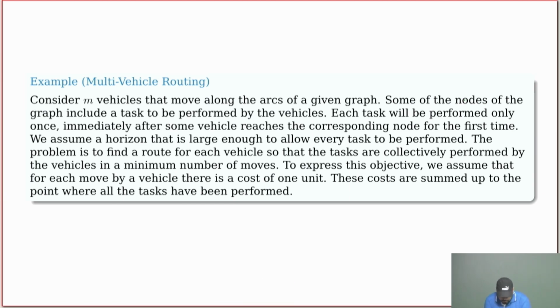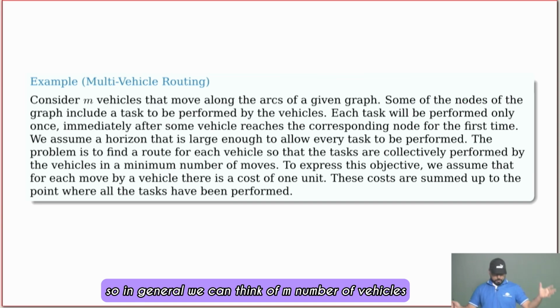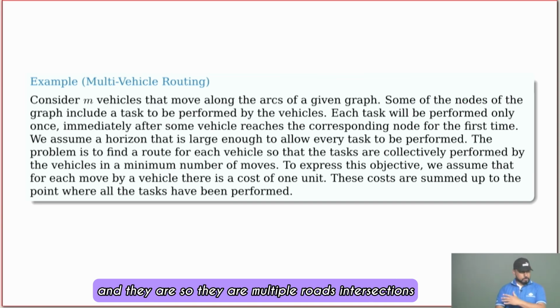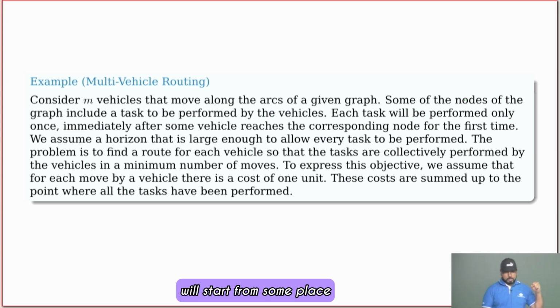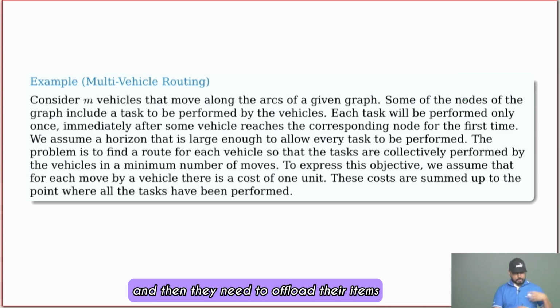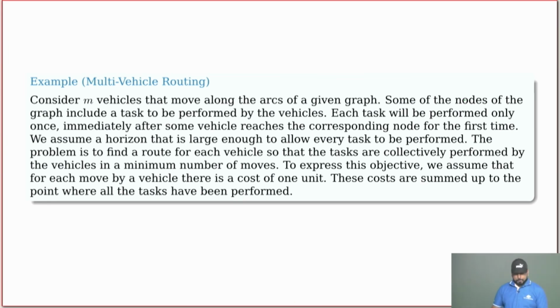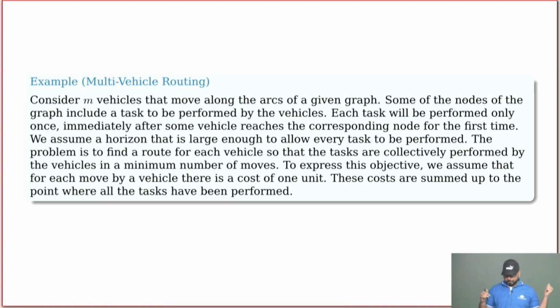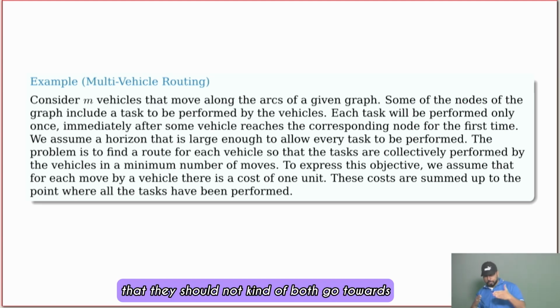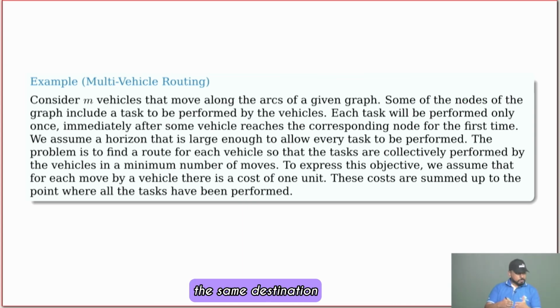So in general, we can think of m number of vehicles, and there are multiple roads and intersections. They have to offload their items, so they will start from some place where they get loaded, and then they need to offload their items at some terminal state. And let's say the road is such that they should optimize in a way that they should not both go towards the same destination,